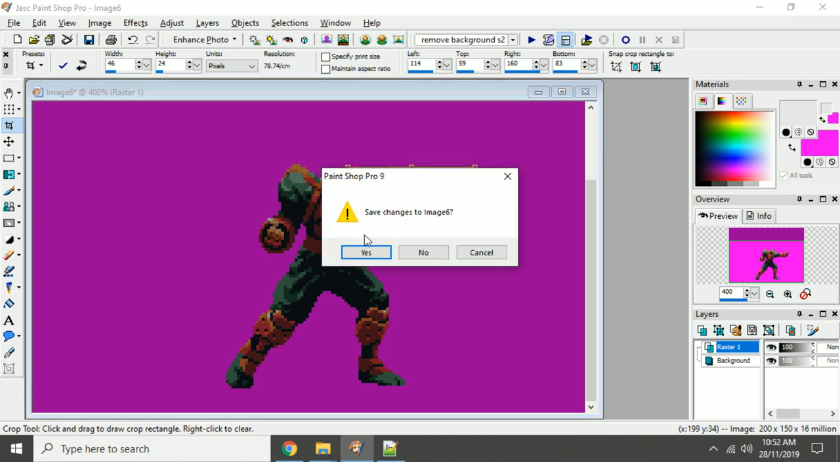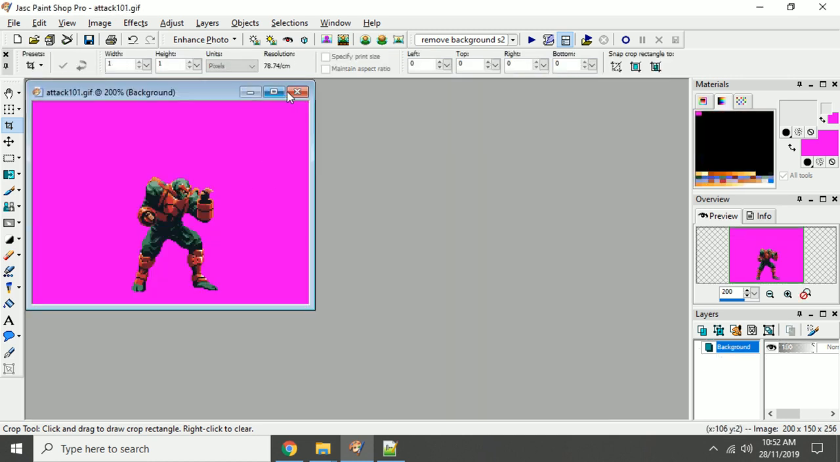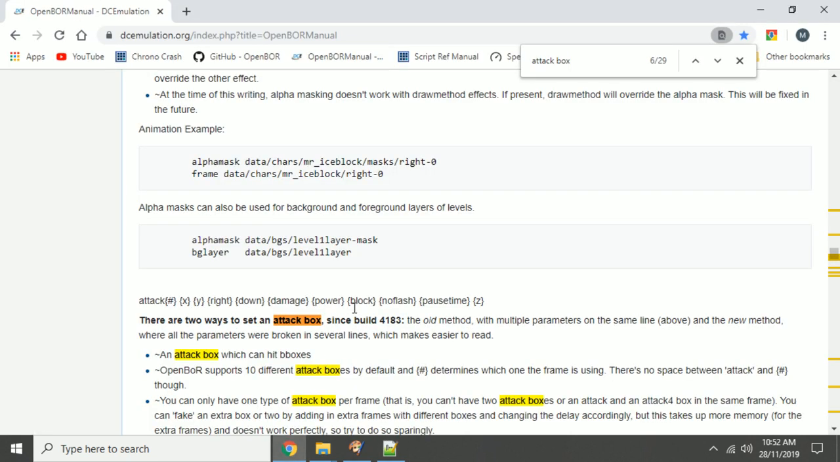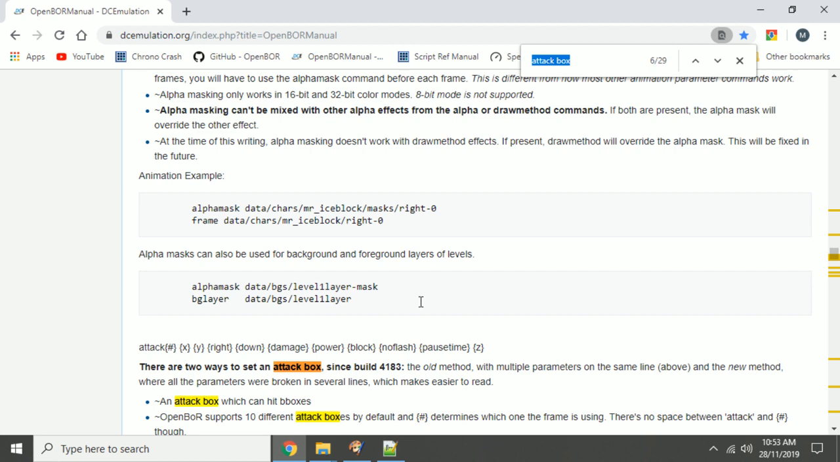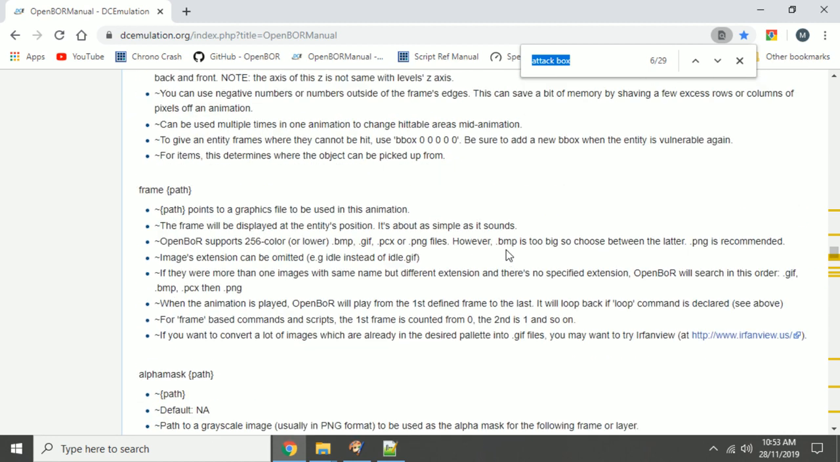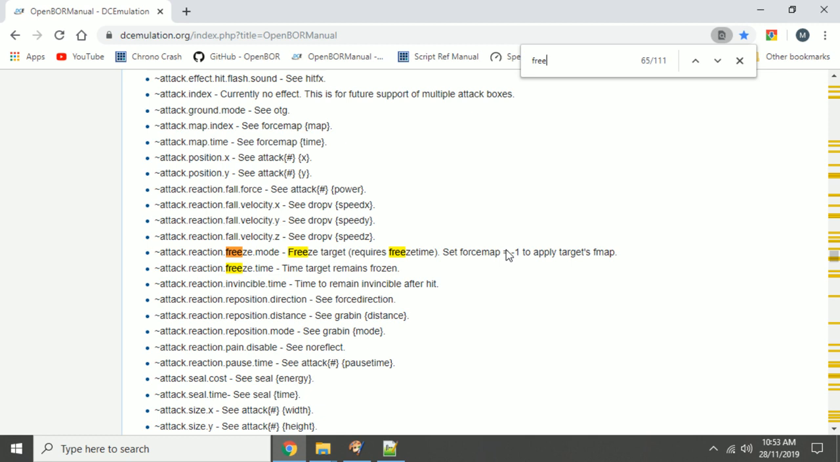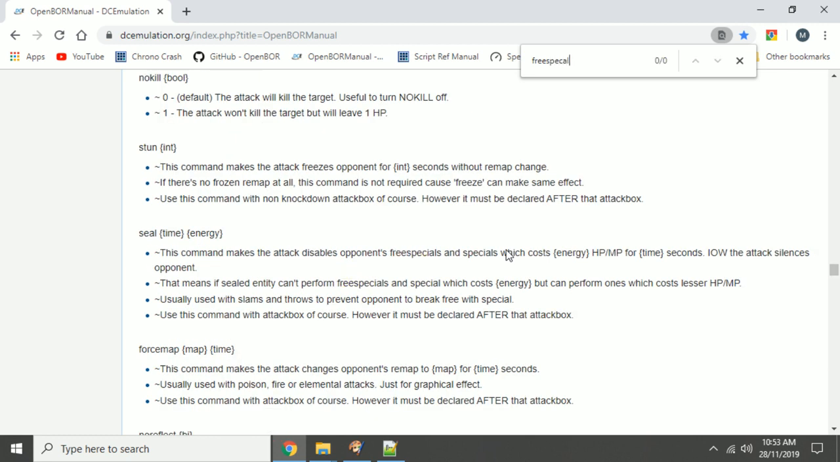And what other things? So in free specials, I tried a free special, but it just took too long, so I'm not going to put that in this quick beginner's guide. I did notice on the manual here, this is a very good resource to help you learn how to use OpenBOR,